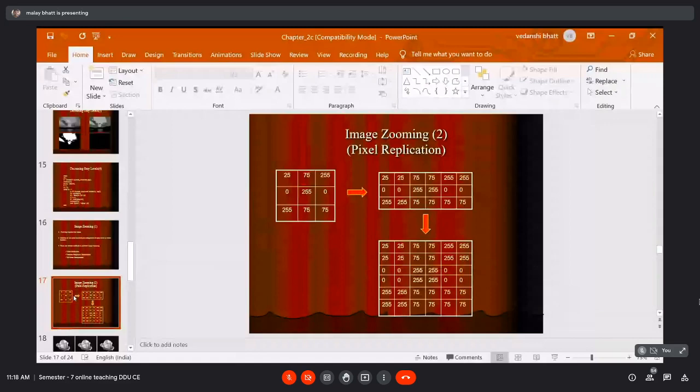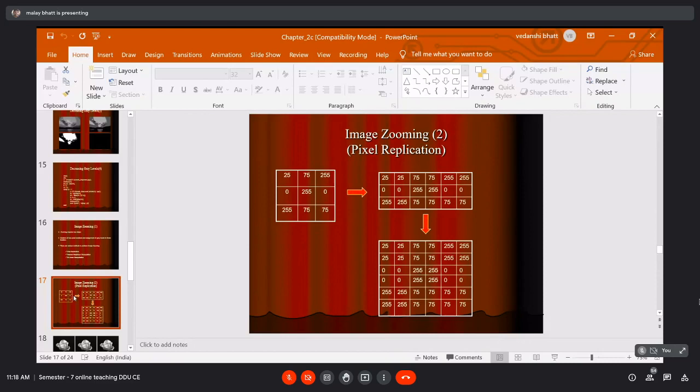The second column in the original image is replicated as the fourth column in the new image. Similarly, the third column in the original image is replicated as the sixth column in the output image. So that is how we'll get a 3x6 image. But here we are not maintaining the aspect ratio.